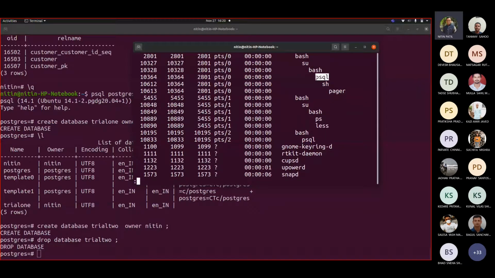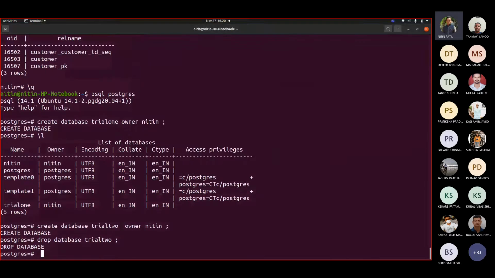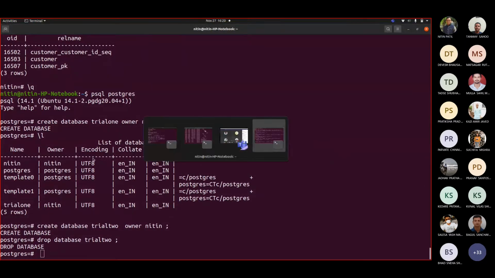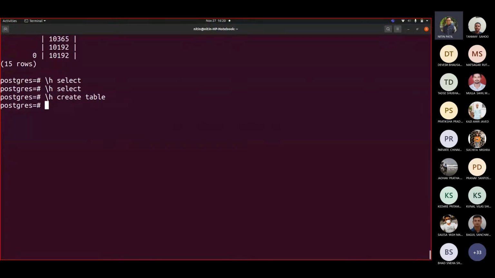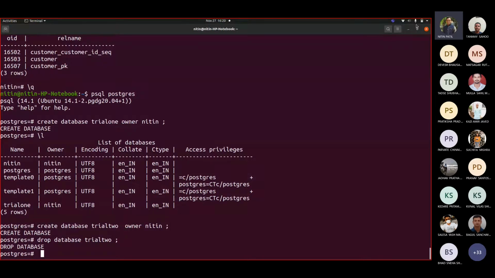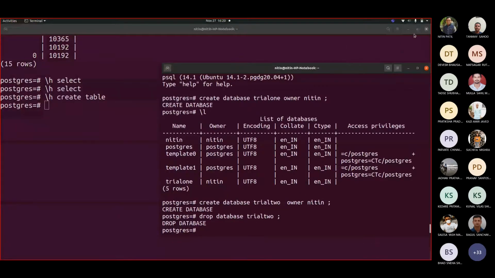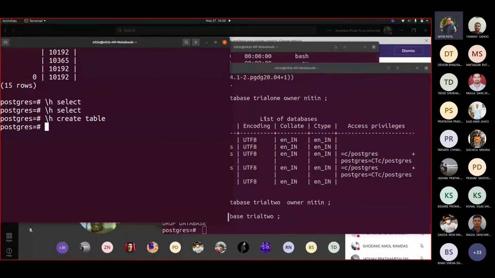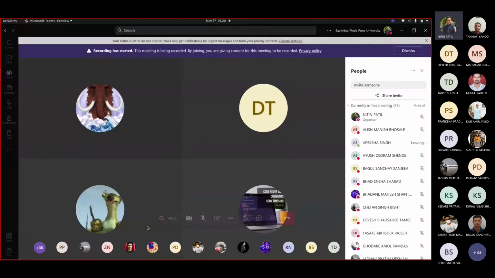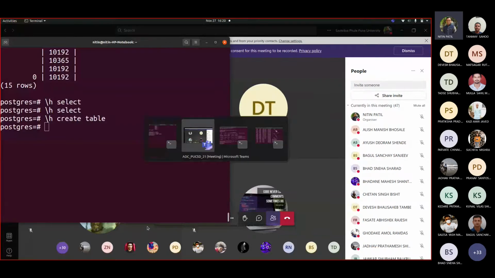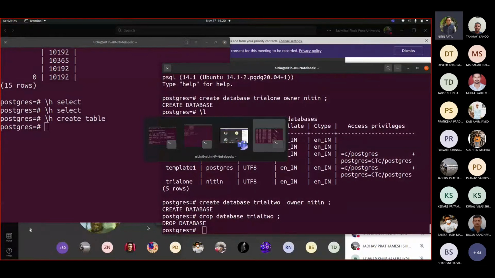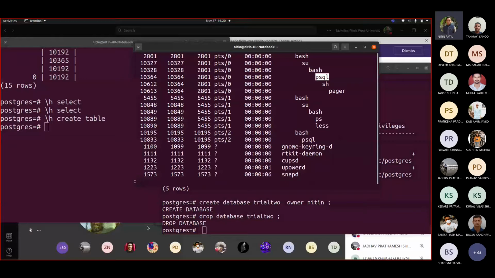Can you see PSQL here? On 2 terminals we are running the PSQL client. This was one, correct? There should be another one. Yeah, this was one. So we have this terminal. Let me make this shorter. These are the 2 which are running, and my third one is taking care of these 2, 1 and 2. You can see that PSQL is occurring, and the terminal ID also is shown.